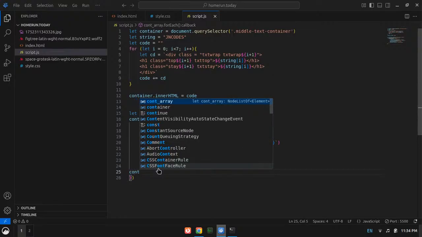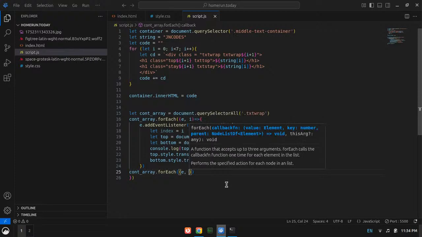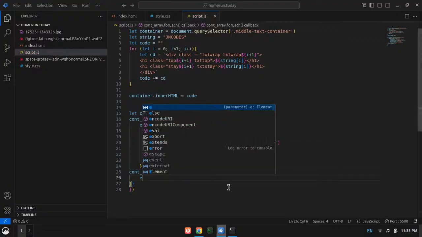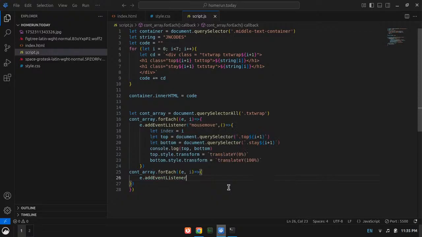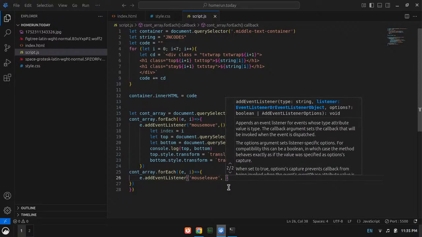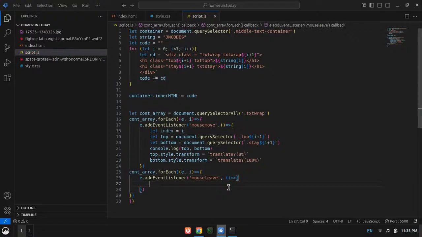Now I need dot add event list dot for each, I need a function with e and I. And now whenever e dot add event listener mouse leave happens, I will just create a function to just set the styles to what they are, right?